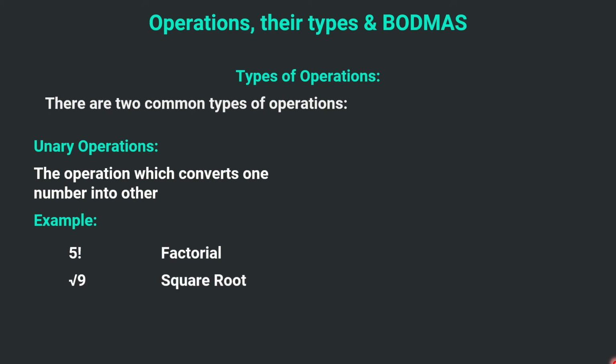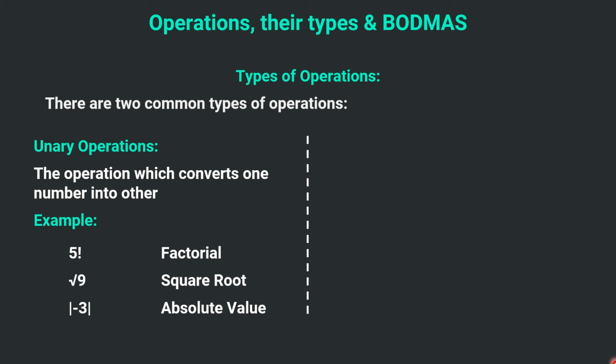Then we have square root. In square root, we take a number; here we are taking 9. So the square root of 9 will give us 3. So square root is also a unary operation. Similarly, absolute value, mod, is an absolute value. And what does the mod do? We will discuss in detail in algebra, but briefly I can tell that a mod basically converts any value into positive. So these were unary operations.